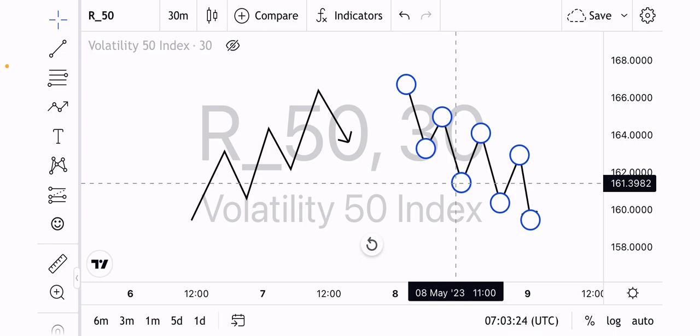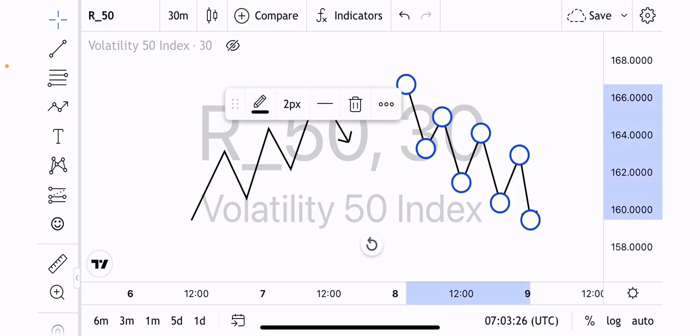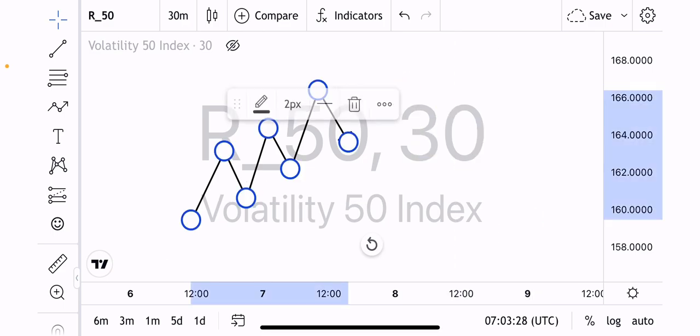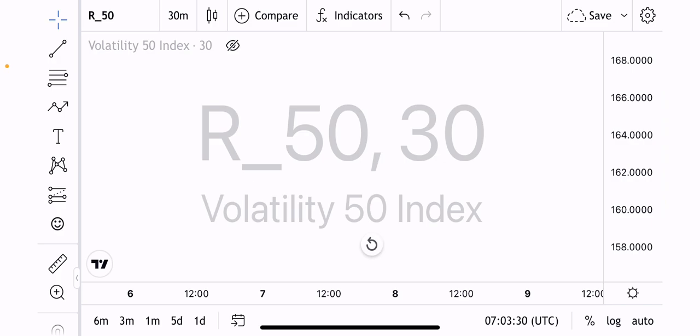Now let's go straight into what we call the week to week mitigation. You don't expect the market to return back to origin until we take our external liquidity. Now, what does this mean?